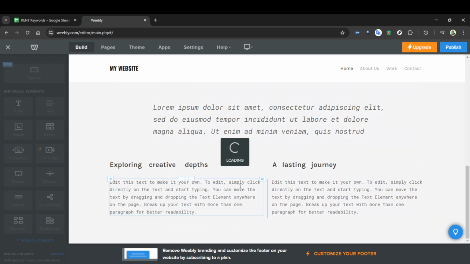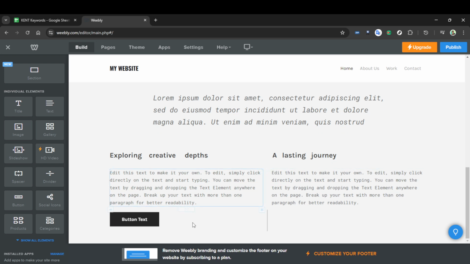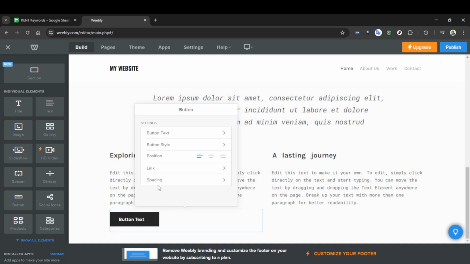Whether it's a page within your site, an external URL, or even a downloadable file, Weebly makes it easy to link it up. If you have a preference, you can also select whether you'd like the link to open in a new tab. This is often a good idea for external links as it keeps your site in front of visitors. Once you're satisfied with your button setup, don't forget to click Publish to make your changes live on the